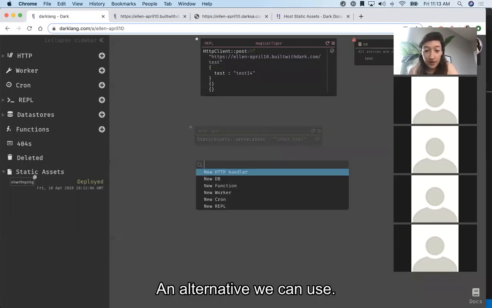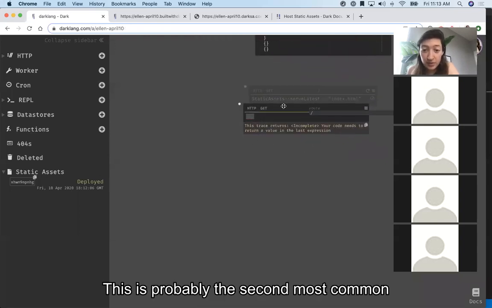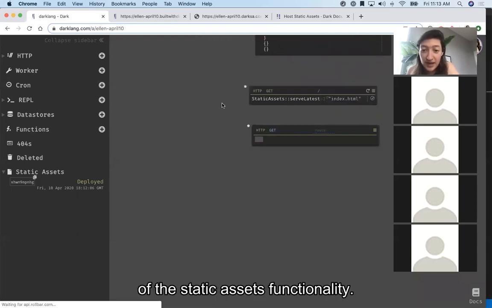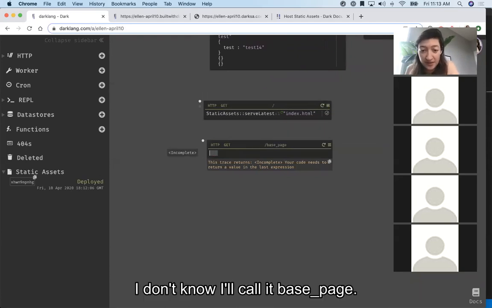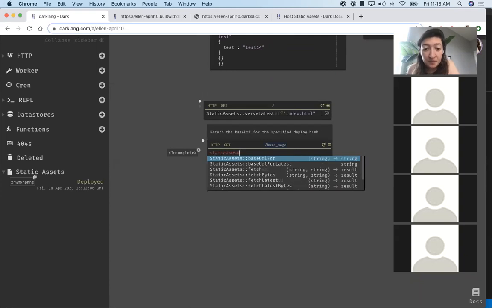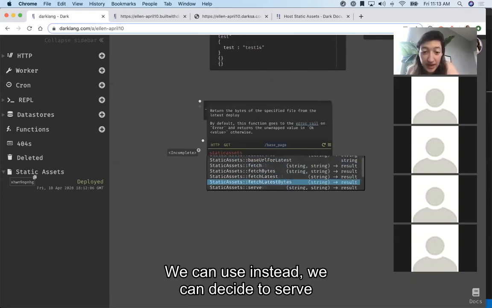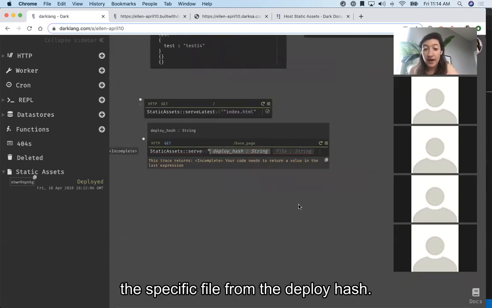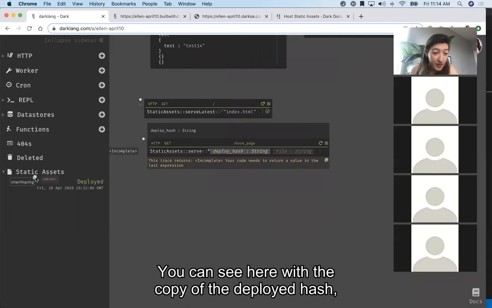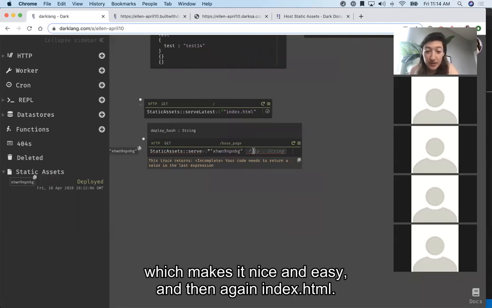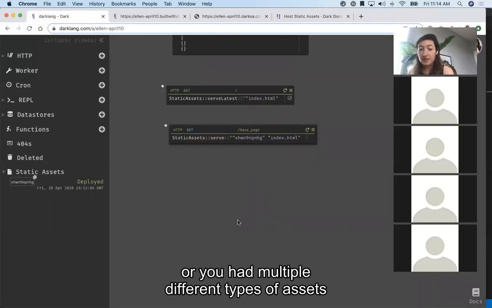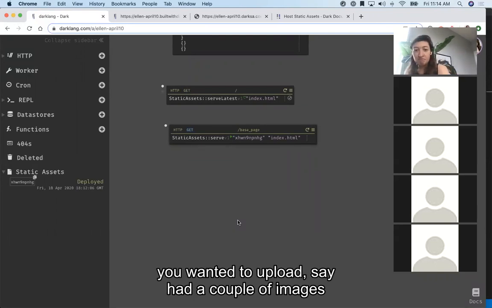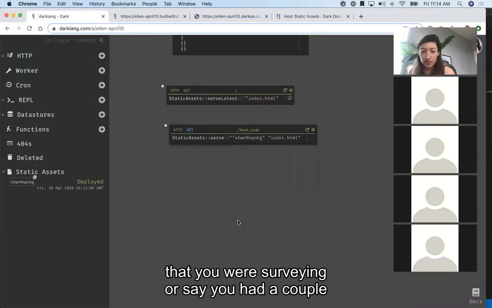An alternative we can use, this is probably the second most common of the static assets functionality. I'll just call it base page, it doesn't really matter. We can decide to serve a specific file from the deploy hash. And you can see here we can copy the deploy hash, which makes it nice and easy. And then again, index.html. And so if you had multiple versions of a page, or you had multiple different types of assets you wanted to upload, say you had a couple images that you were serving,